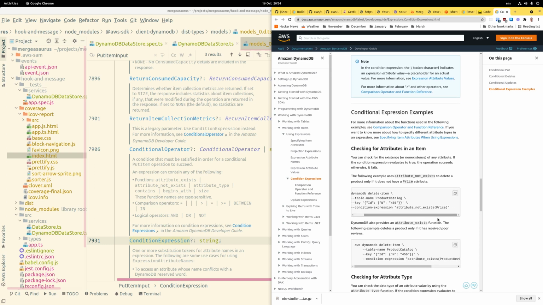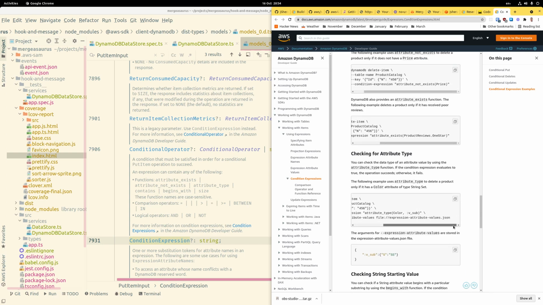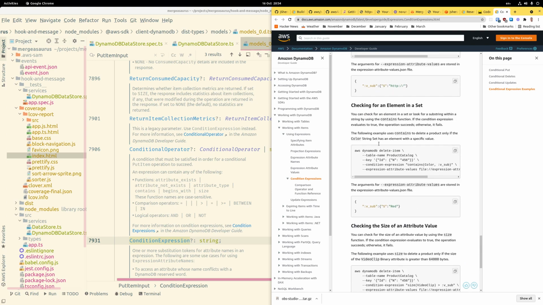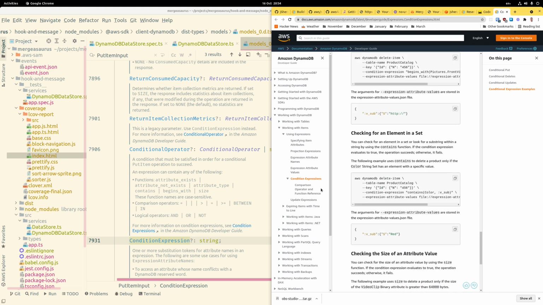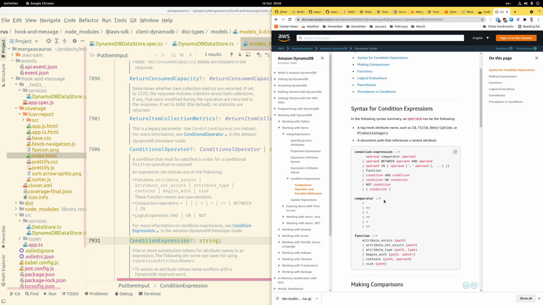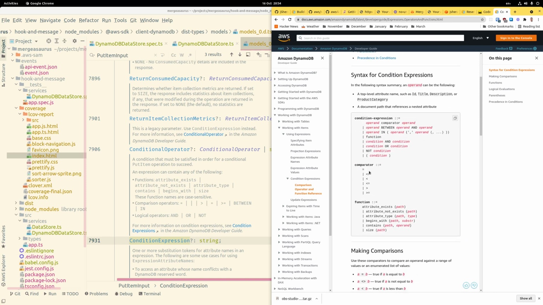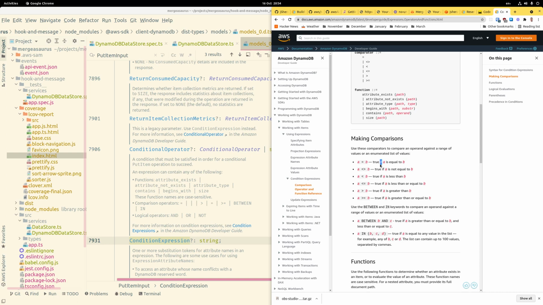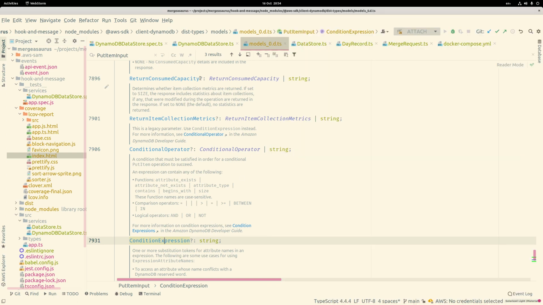How about this one? So attribute not exists, attribute exists. String starting value, element is set. We really want equality. Let's do a comparison operator and function reference. So we've got an equals. I assume that's the same as a double equals. Yeah, true if A is equal to B. Cool. So we want to make sure that